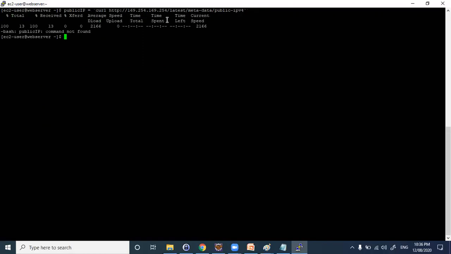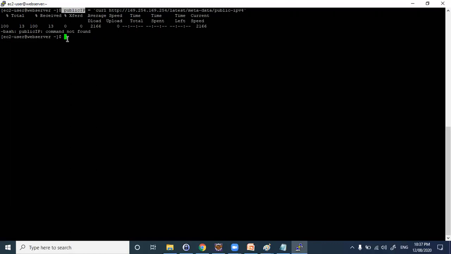Now, curl is nothing but the command line tool which is used to test a particular API. This is our API which is giving some information about this particular EC2 machine we have logged in to. You are storing this information into the public IP variable.